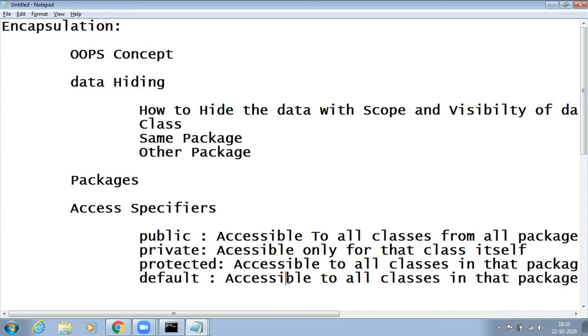Default will have accessibility only in the same package and same classes, but not in other packages. Protected will have accessibility in the current package and in another package only if the other package class is in an inheritance relationship with the current package class. Otherwise, default and protected are both the same. The only difference is default cannot be accessed from another package. Protected can be accessed from another package only if the other package class is in a relationship with the current package class.